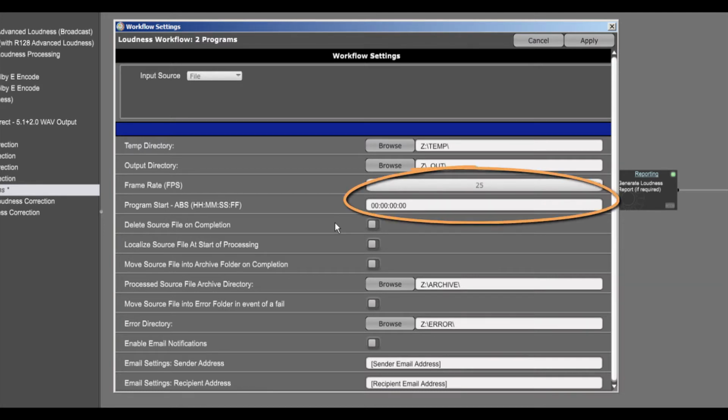Frame rate and program start can be useful if you want the loudness processing to begin partway into a file, for example to skip alignment tones. The program start uses an absolute timecode value. For example, if we wanted to skip the first 59 seconds of audio, we can enter something like 00005900. There are also settings for how the source file is handled, such as whether it is deleted on completion,